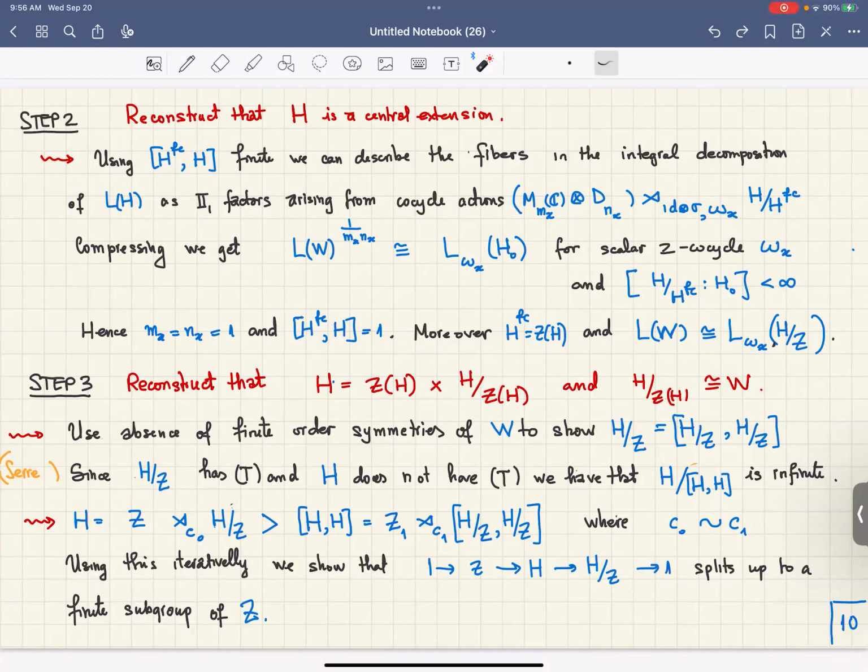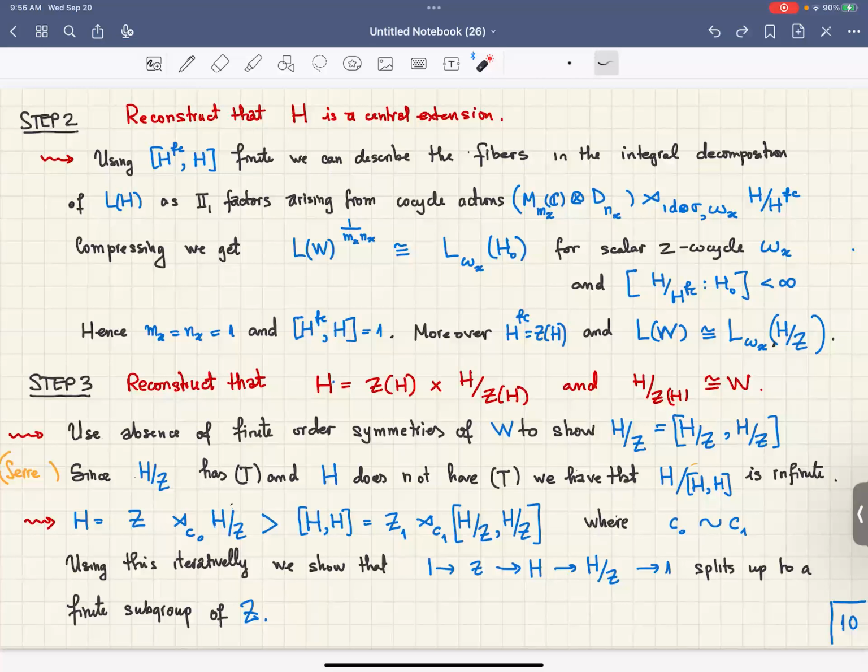And this is by no means easy. It's actually pretty complicated. This is where we have to develop this rigidity comparing. If you look now at the fiber and you're comparing group algebras with twisted group algebras, you have an isomorphism between them, and you want to conclude that this twisting disappears. That's how we show splitting. And that's also not enough. You have to pass through Serre's famous theorem